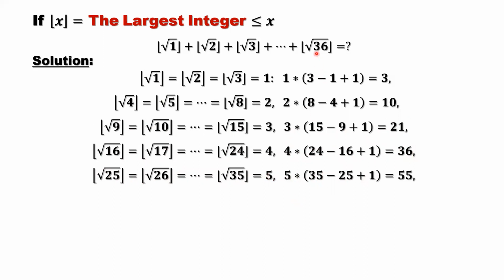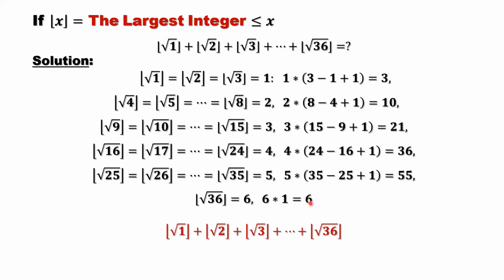Now here until 36. Well, one more here. So just one more. The value of this is equal to what? 6. So we also need to add this 6. After that, we don't have any items. So this is only 1. 1 times 6, that's 6. So here, what's the total? We can add those numbers together. Add those numbers together, you will find that's 131. 131, that's the answer.